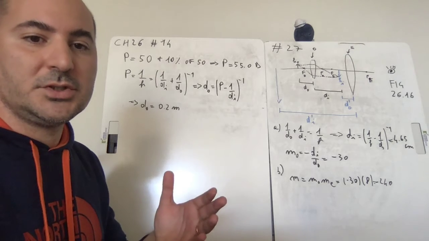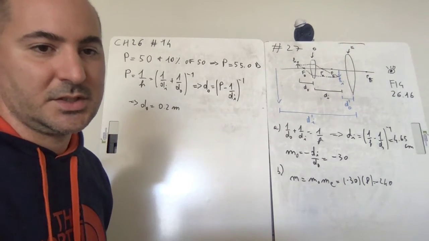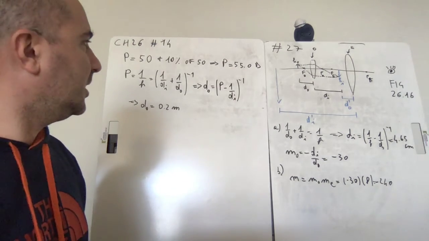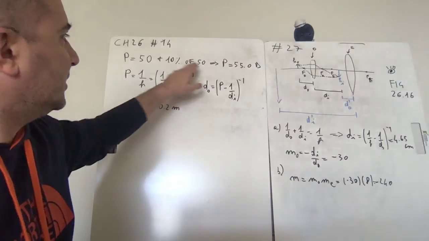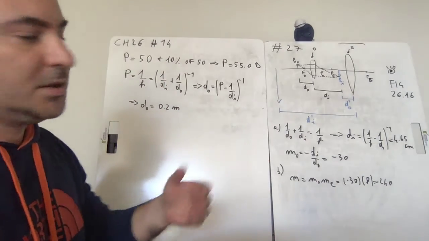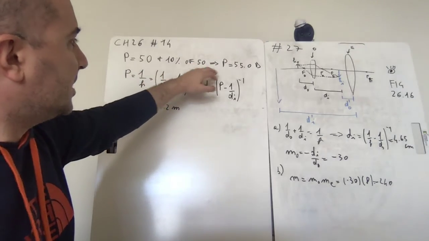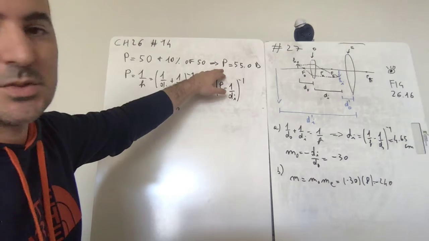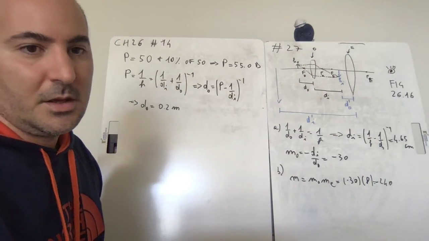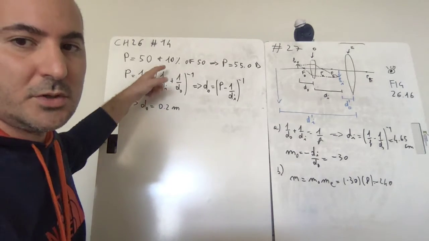Now, on average, and you can look at some of the examples in the textbook, the power of an eye is 50 diopters. This person can adapt up to 10%. So the power can go up by 10% of 50, which makes the maximum power this person can have 55 diopters. And so the power is equal to 1 over f, which is equal to 1 over di plus